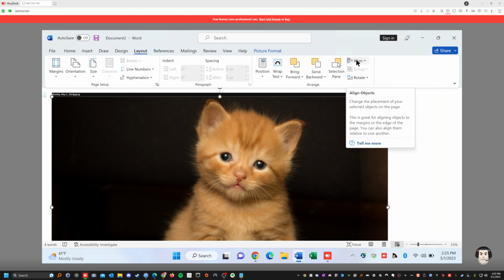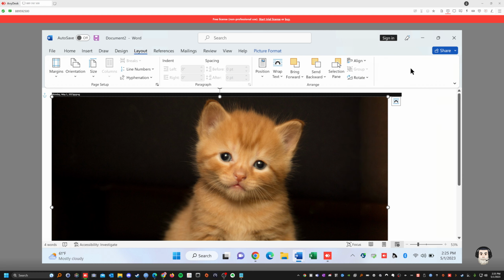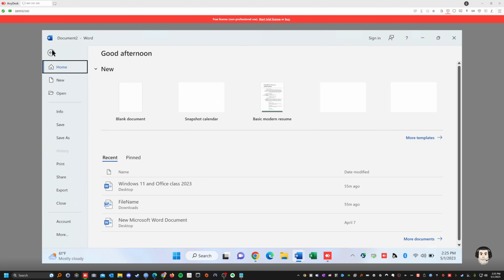That's if you want to align it with the document, with the objects, with the text, with the margins, with the edge of the page, or whatever. That's you align it right there. Automatic align. See that? Align left, right, center, middle, whatever. And then the next one is rotate. You could rotate the picture 360 degrees, 90 degrees, whatever. Yeah, you know that. Okay, that's rotating. So, okay. So let me make a new page because it gets kind of slow.